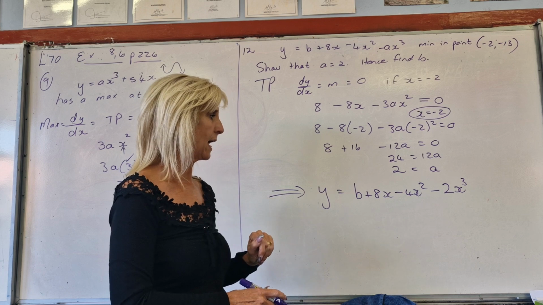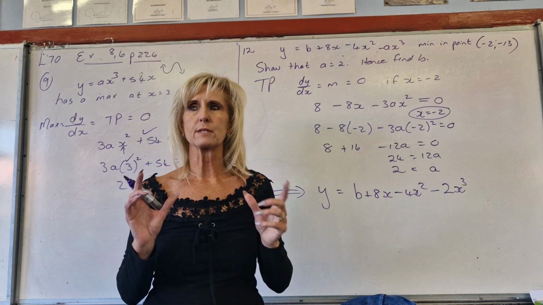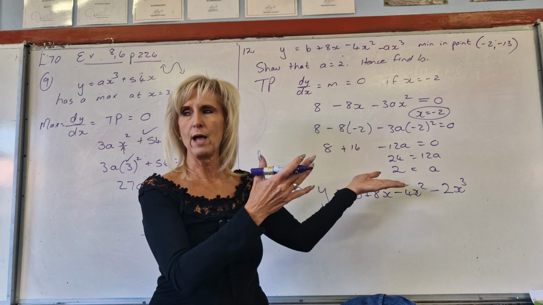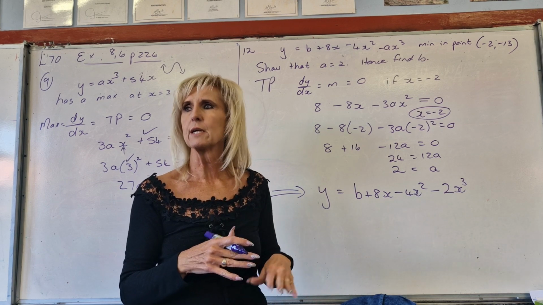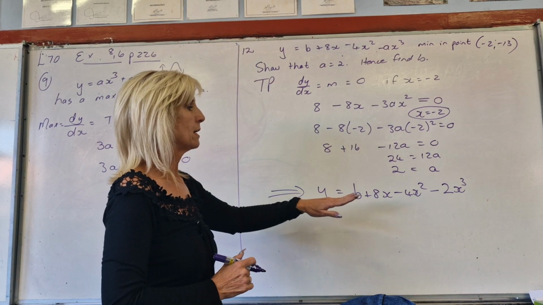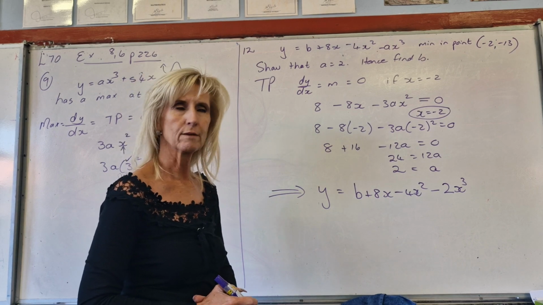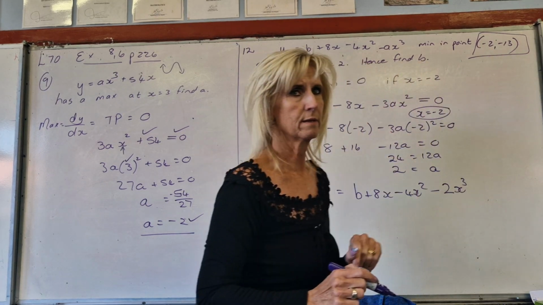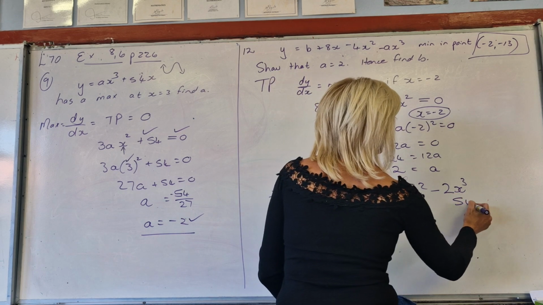So now if I know what a is, I just need to find b. So it seemed like we were going to work with simultaneous equations, but since the one already solved for a, I just have b to solve now. If you had done it the other way around, it was a little bit longer, 1 or 2 steps, but it's fine. So what can I do now to find b? Okay, remember, you're going to use the turning point twice. Once for derivative equal to 0, and once just as a point on this graph,